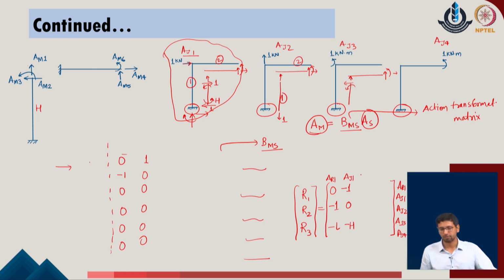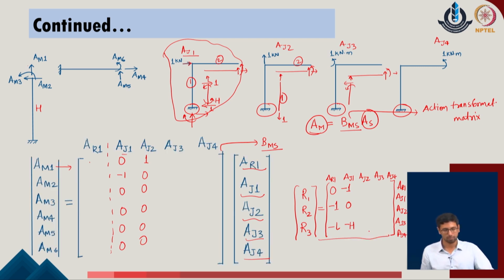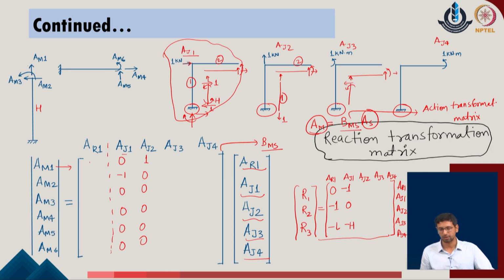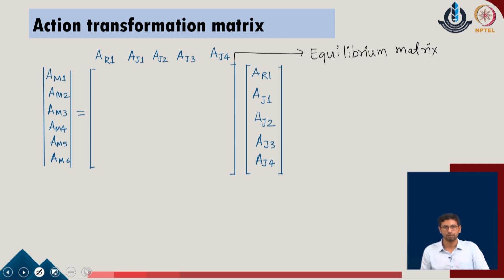With this we can further calculate the contributions with respect to AJ2, AJ3 and AJ4 as well in the given problem. This is the standard expression of the reaction transformation matrix in the given problem. Once we are able to identify these components of the given system, we can write the overall expressions into two subparts as well.